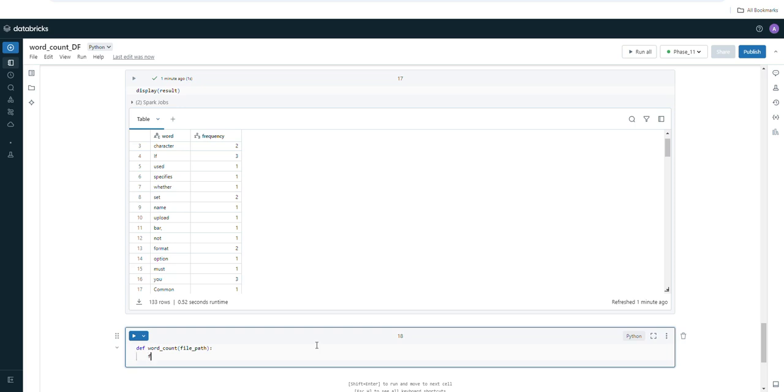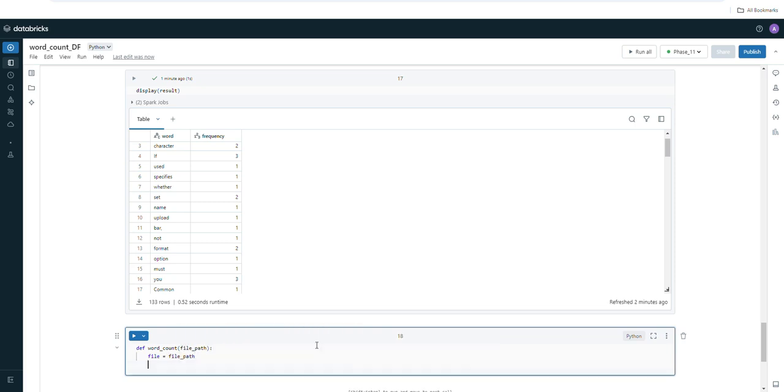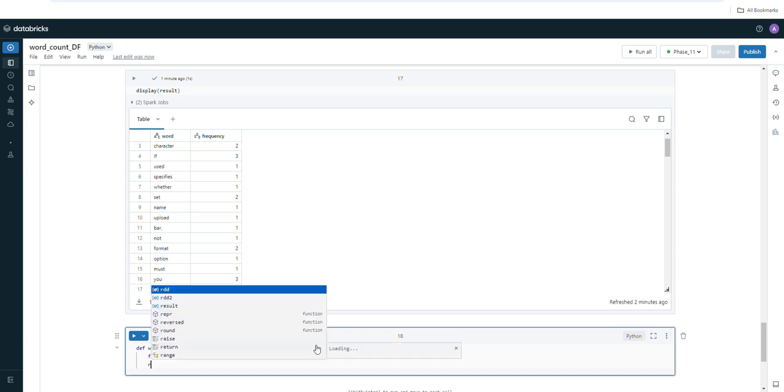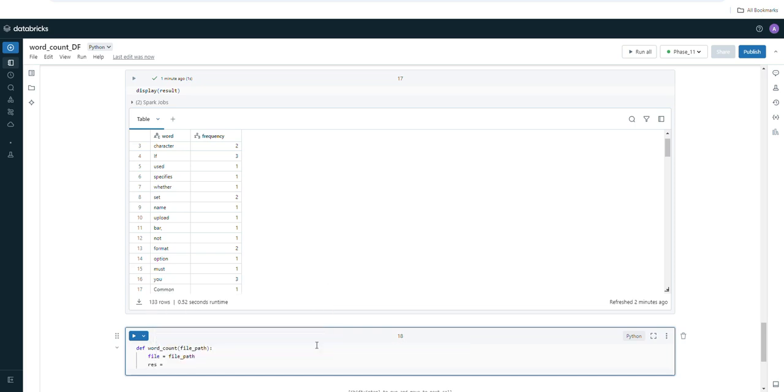So file as file path, and so let's say the result will be of spark dot read dot text to read our text file, and we'll specify our file path as file, and on that we'll